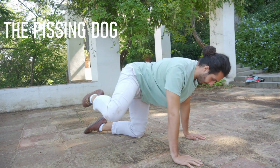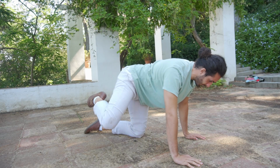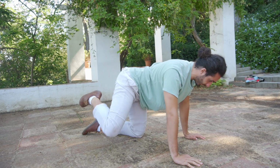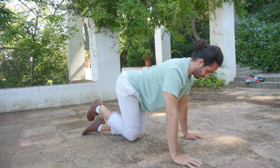Another very good exercise that I found for developing this type of flexibility was the pissing dog, where you basically sit on your knees and put your hands on the floor, opening one leg to the side and using strength to lift the leg as high as possible. You can do 10 repetitions on each side between every set of side split,